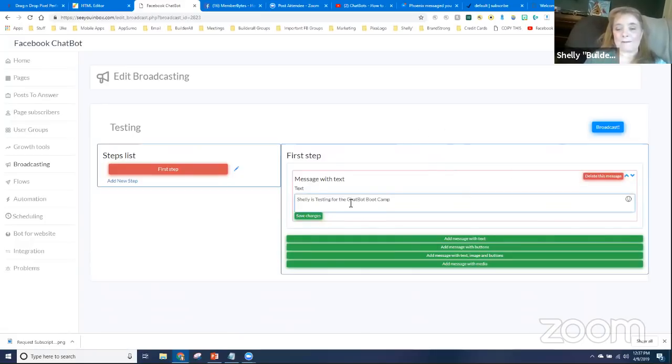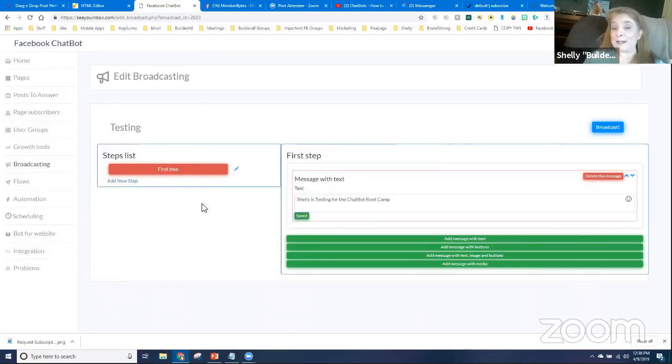So I made it a very, very simple message, and I'm going to go ahead and click save changes to make sure all my changes are saved. And I want you to notice, guys, that this is the first step. I could add multiple steps to this message. I could add multiple sections, like another message with just text or another message with just buttons. I could add a new step, so I can have multiple steps in here. We'll get into this more when we start actually building our chatbot.